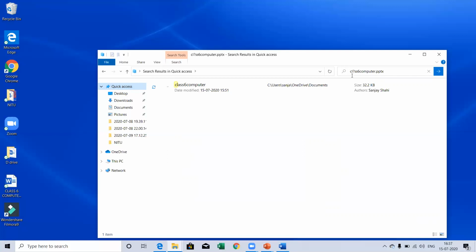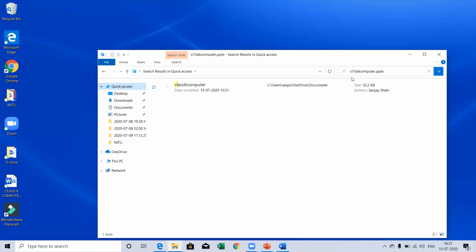And if you forget two, suppose you are confused about two characters, then you can put two question marks. Okay, these question marks can be on the same place or in different places of the file name. That is not the problem. But for one character, you have to apply only one single question mark. So one single question mark will be used for a single character.